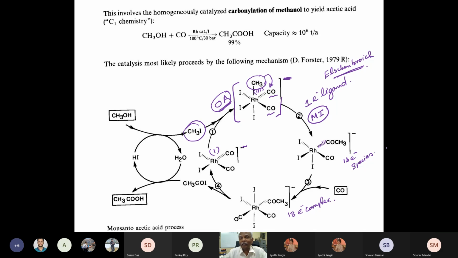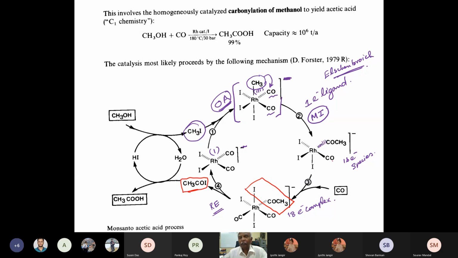There is only a vacant coordination site which is generated. Now, the formation of 18 electron species is followed by a reductive elimination, and that reductive elimination can happen with these 2 species, which will give you